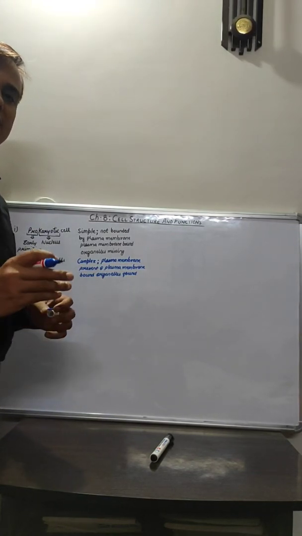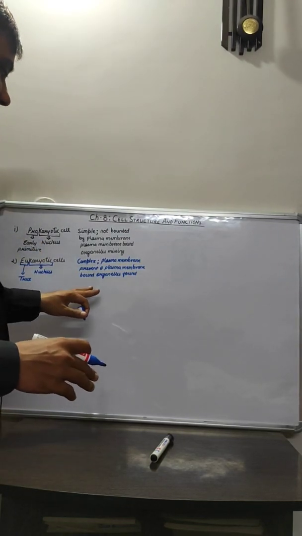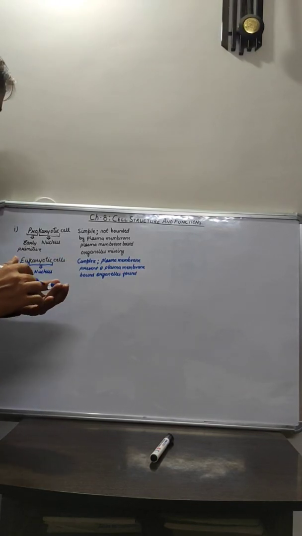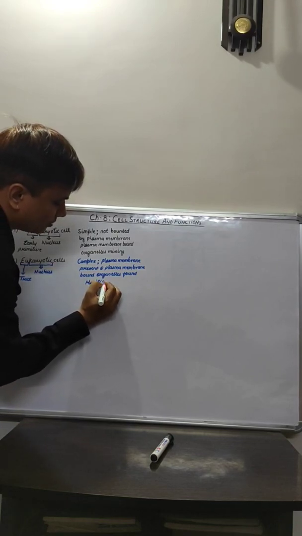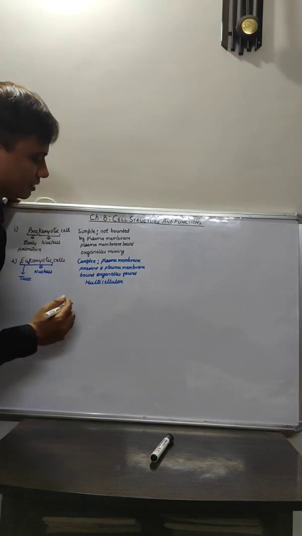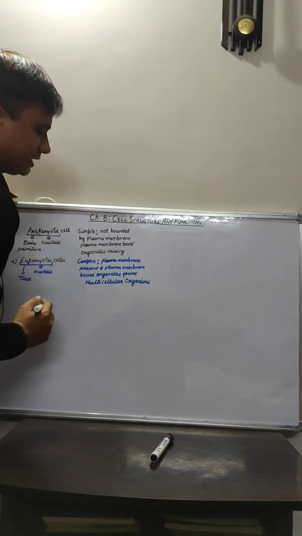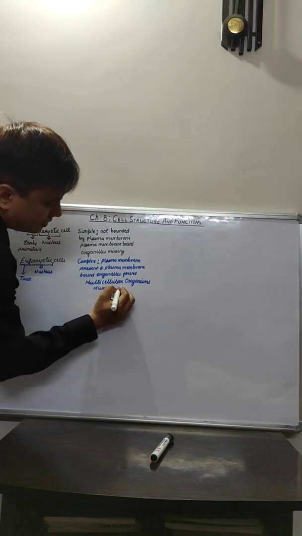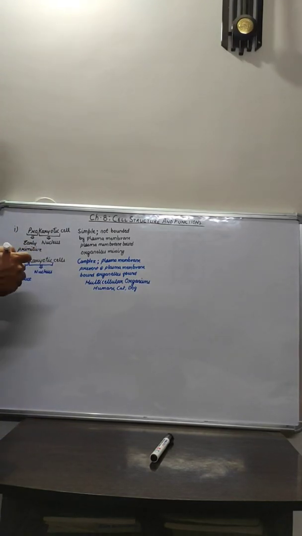Now I have already told you about the organelles that are present in the cell. They are mitochondria, ribosomes, endoplasmic reticulum, Golgi bodies, vacuoles, right? All these we have discussed. So when we are talking about the eukaryotic cells, they are true nucleus cells, that is they are complex. Now because they are complex, what does it mean? It means they are found in multicellular organisms, right? Like human beings, humans, cat, dog, cow, buffalo, so many, right?